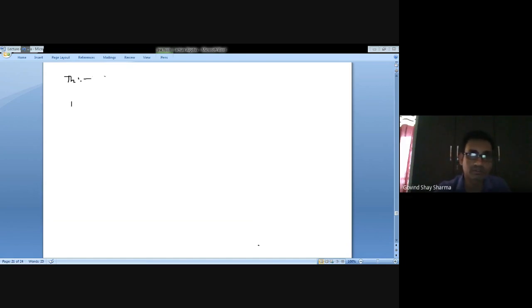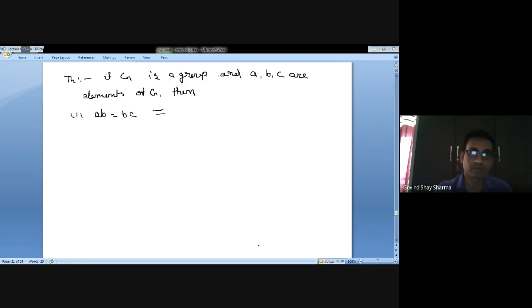If G is a group and a, b, c are elements of the group, then ab = ac implies b = c,